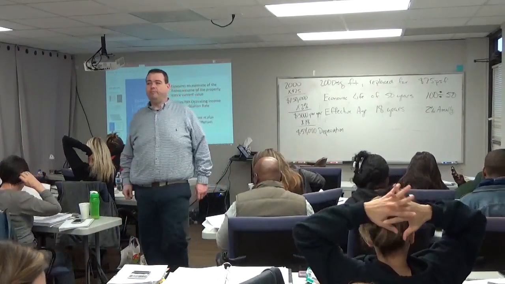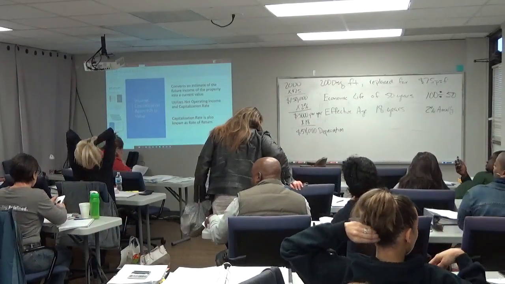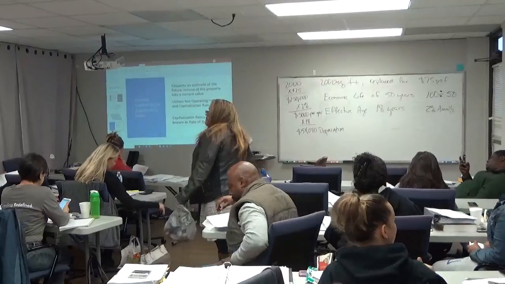So you're adding the value of the land and the replacement cost, because the replacement cost is how much the building's actually worth. Then you're going to minus the